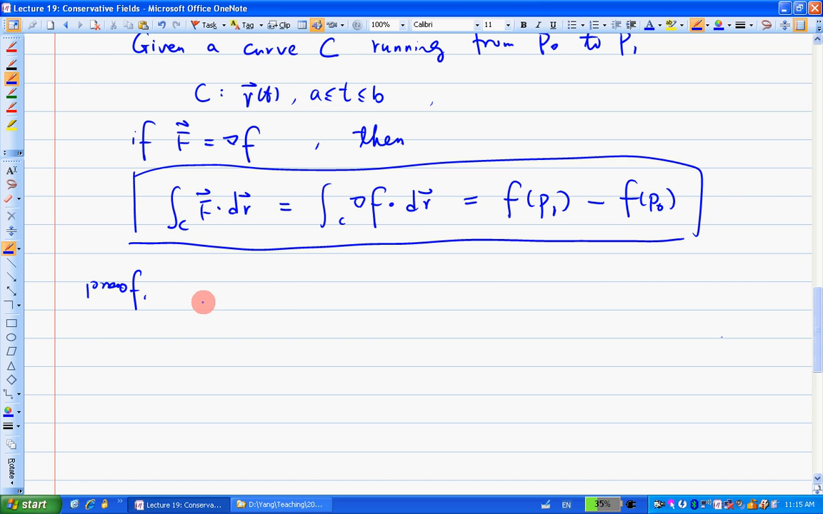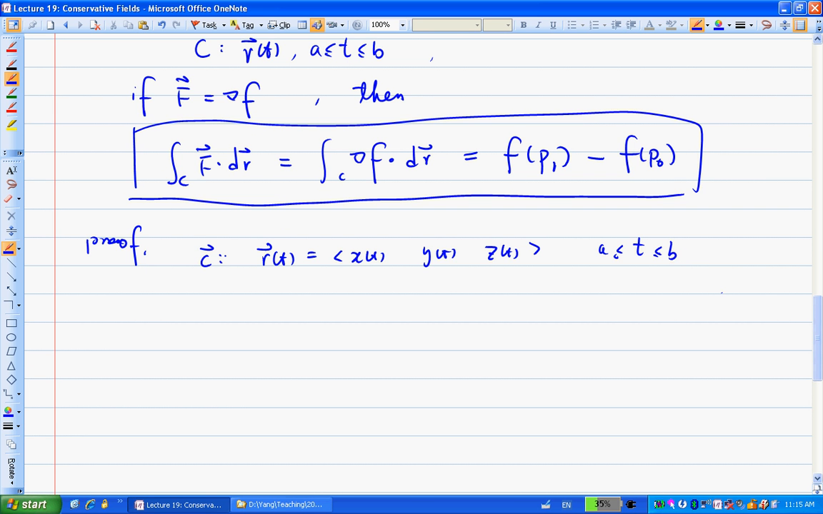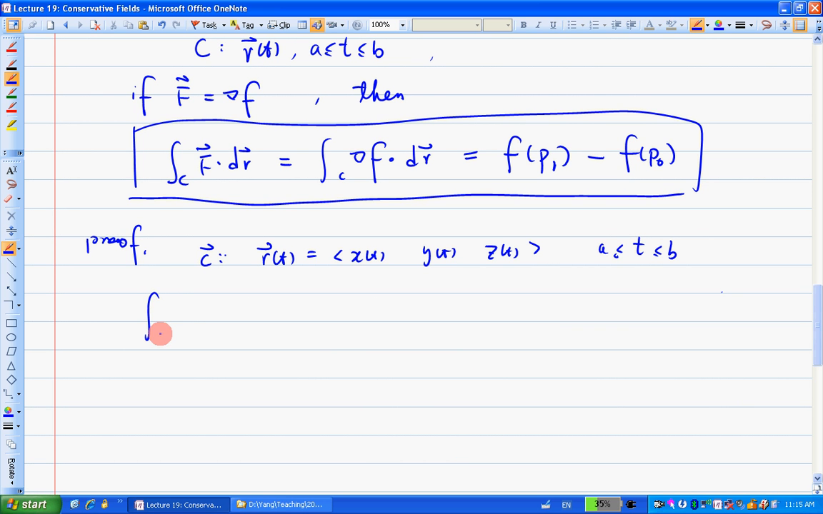So we have the C here. Let's say I'll write the C out as a general vector, and we know that t is from a to b. Then when I'm evaluating this line integral, since this F is a del f, and t goes from a to b, my line integral can be written as